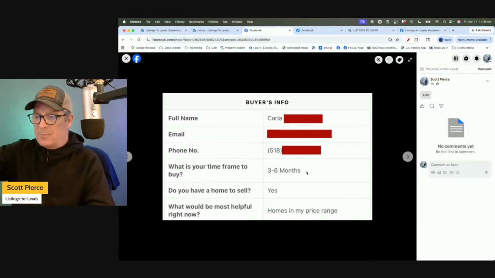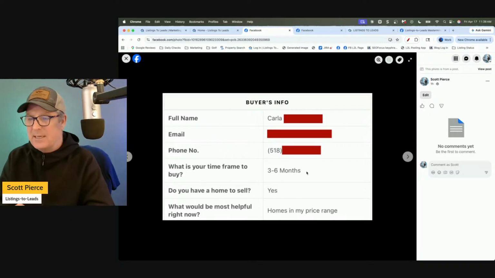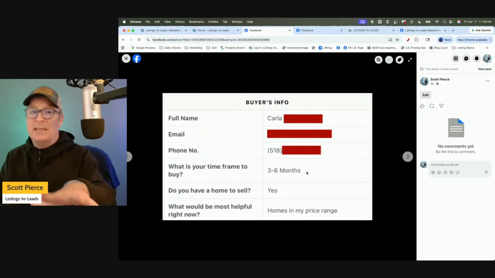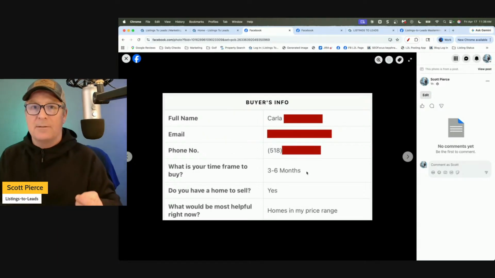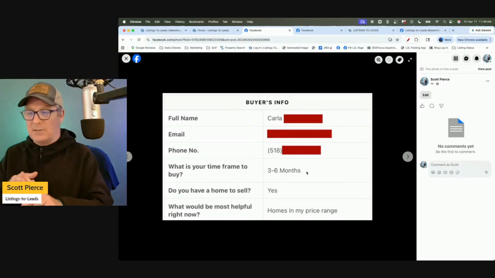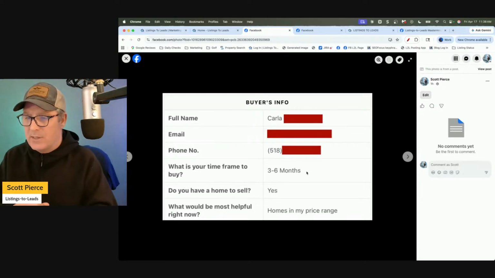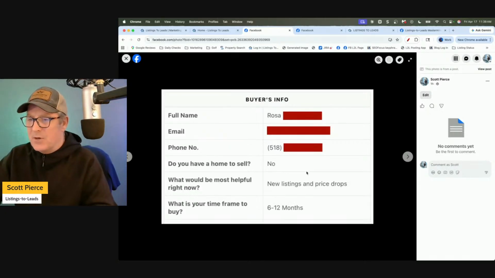Thanks for clicking on the property at 123 Main Street. And I see you looking to buy in the next 3 to 6 months. And then you have a home to sell. What price range are you thinking of? 5 to 600,000. Okay, great. Anything in particular about a home that you really want to make sure that you get? Single story, you want a pool, is there a school district? Is there something that you want? Oh, I want a pool and I want to be in this school district. Okay, great. And you have a home to sell. Did you get my point here? I mean, this is so awesome.